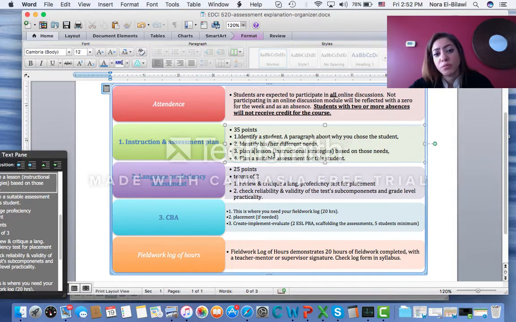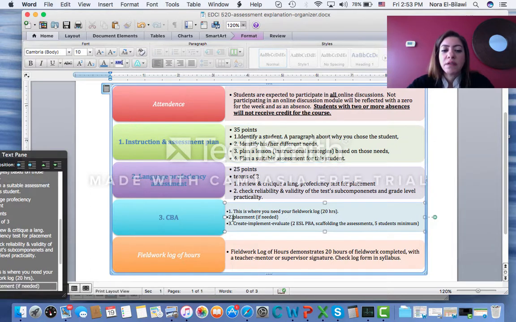Hence why we're going to learn more about learning theories and instructional theories. In assessment 2, which is the presentation, you're going to look at some of the assessments that we use as summative assessments in the classroom for placement of ESOL students, and you're going to critique them. It's one test, so you're going to critique it. And then the last assignment is the classroom-based assessment. And here are the fieldwork logs. So basically you have 3 assignments for this course,